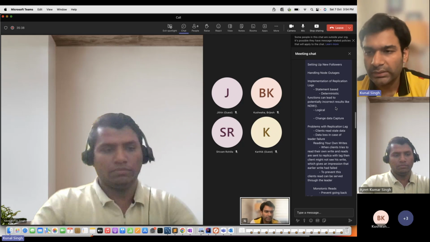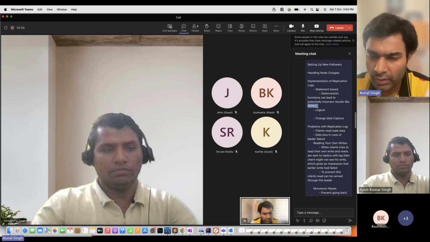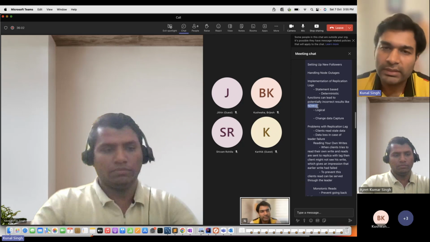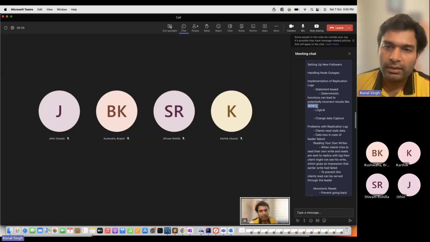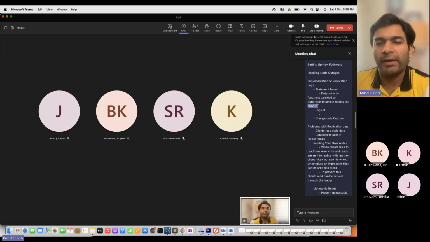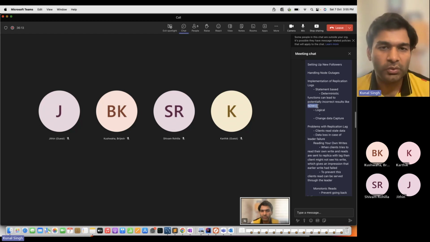One problem with this approach is that some things are non-deterministic in nature. One example I have written: let's say you want to update a date column with now. When this statement is executed on the master, it writes whatever the timestamp is at that point in time. But if the slave just copies the now statement and executes it on itself, the slave will have the now of its own point in time. It might lag by a few seconds, minutes, or even hours, so the slave has different data from the master. This is one problem with copying statements exactly onto the slave, and it's not a right idea. So generally in those cases, there would be some way to remove those non-deterministic statements,